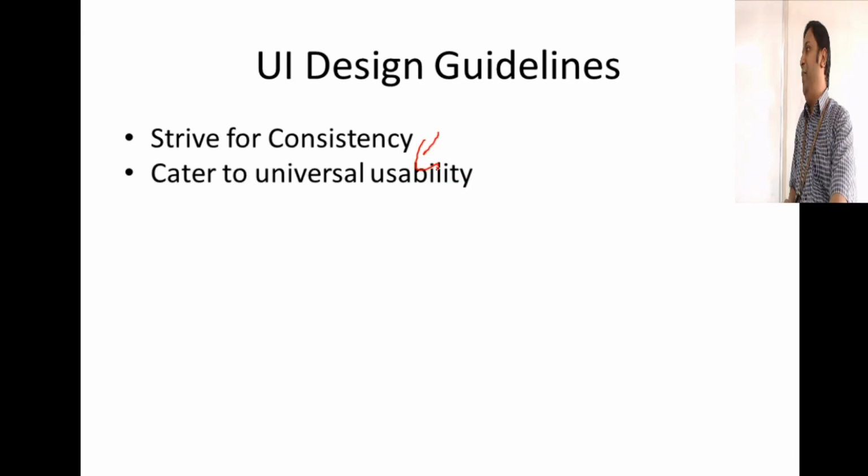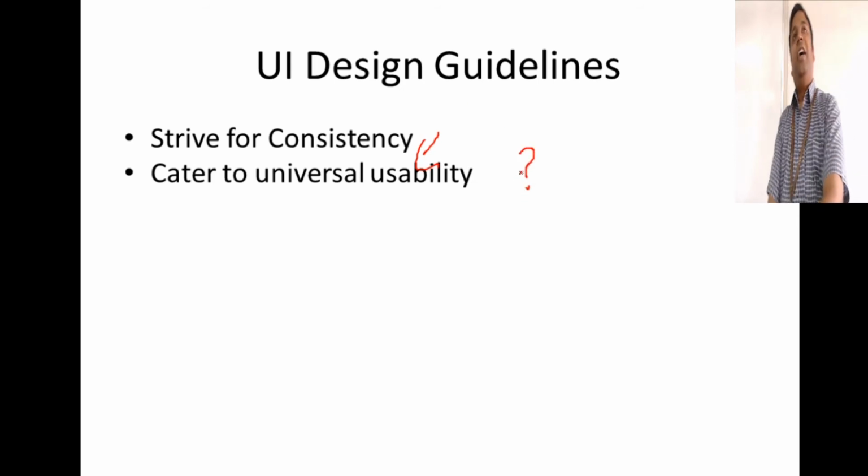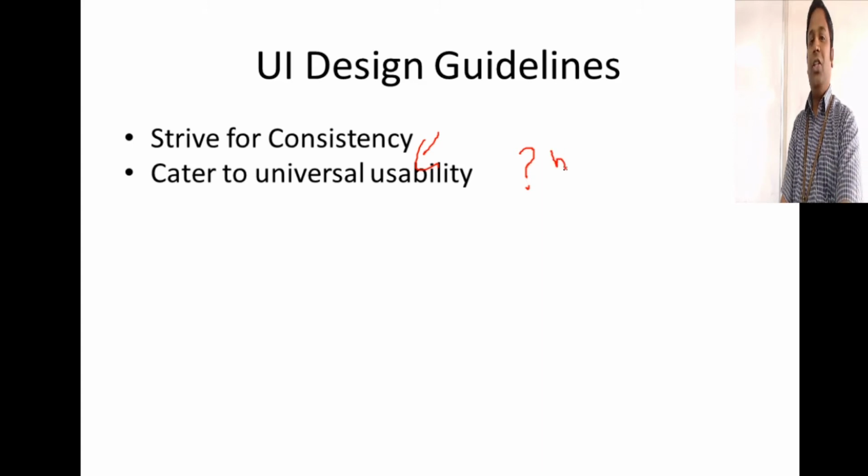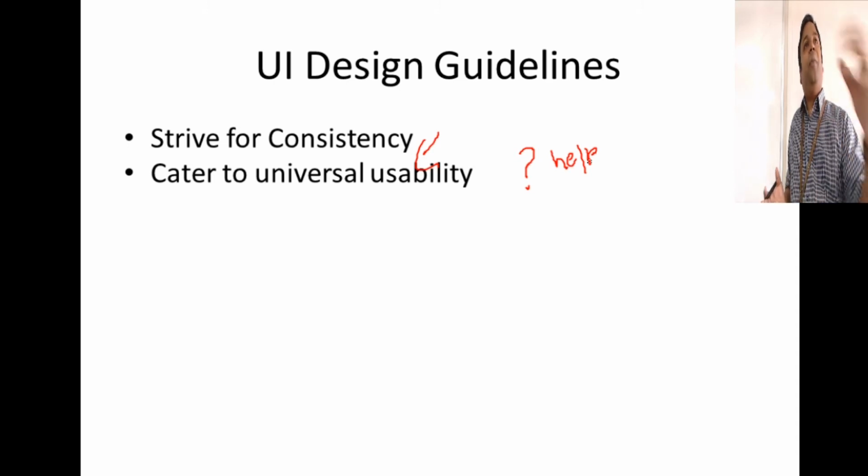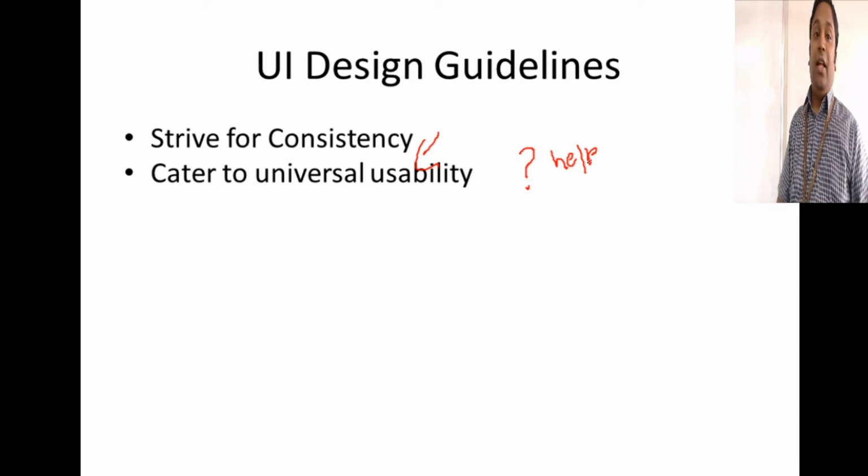Cater to universal usability. What is this? Whenever you see a question mark on an application, what does that mean? It means help, right? You click on this, you will go to help. That is universal. If I do Control X, Control S, Control V, and you are building an application for mostly Windows-based users, you know that they are very much used to all these functions. So on any application, they will provide you copy, cut, paste, save. It will have the same universal functions. So universal usability should also be there.